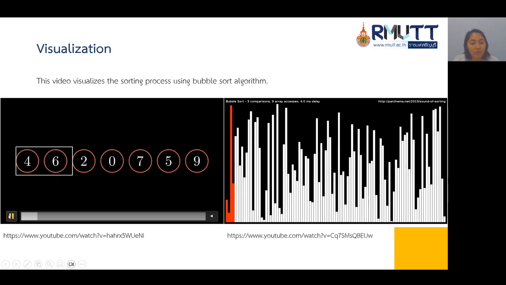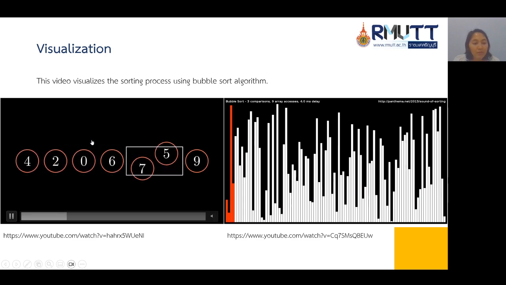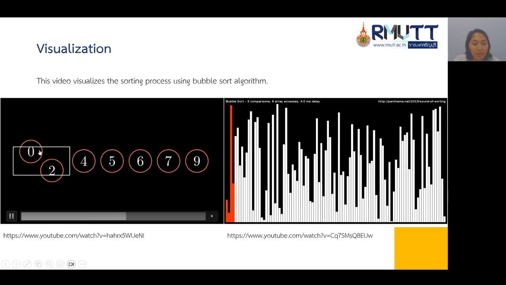The data is unsorted, and the sorting process works by swapping if the left element is greater than the right element, and then the process continues like that.